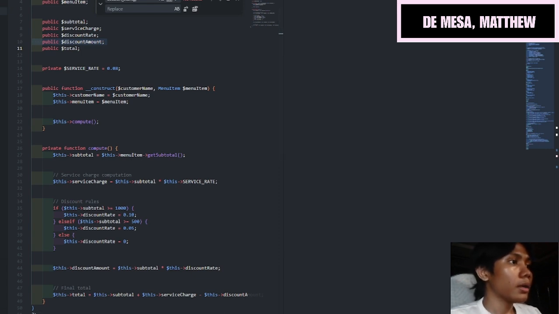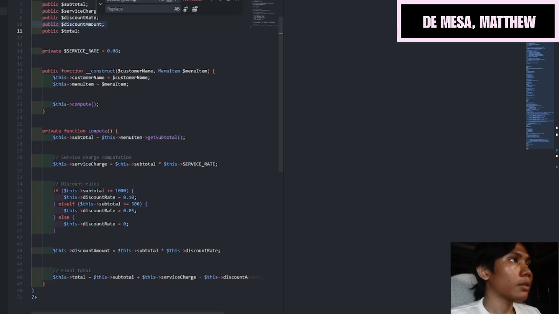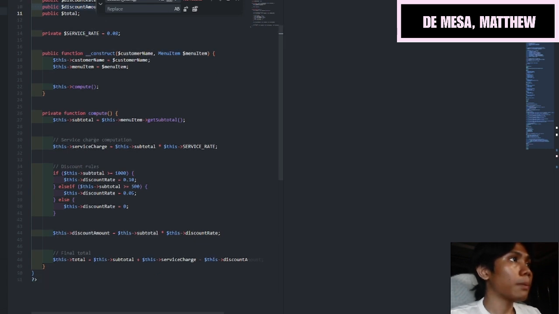Next we have the first method, the constructor, the public function constructor, and that constructor has two parameters, which are the customer name and the menu item.